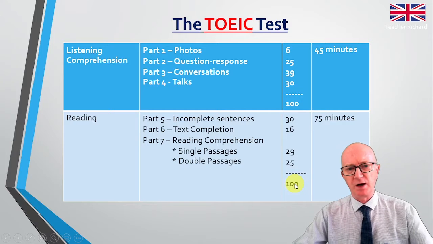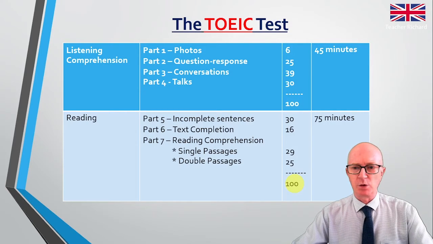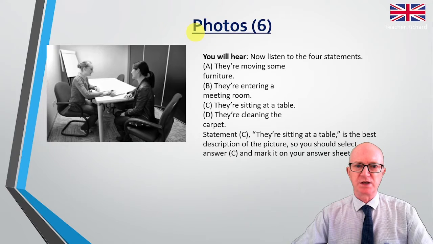So what I'm going to do now is briefly discuss each part, from photos part 1 to reading comprehension part 7. We'll look at the types of questions that we might get on this test. So the first part, photos. There are only 6 questions on photos. In my opinion, this is the easiest part, for 2 reasons. There's only 6 questions and you have visual, you've got a photograph there to refer to, to help you